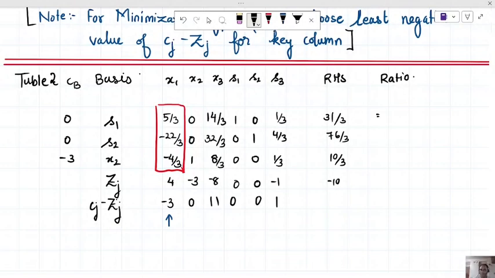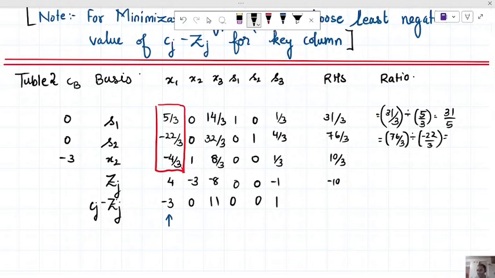The ratios are going to be 31 by 3 divided by 5 by 3, so my ratio is 31 by 5. Okay, the next one, 76 divided by 3 divided by minus of 22 divided by 3, so the ratio